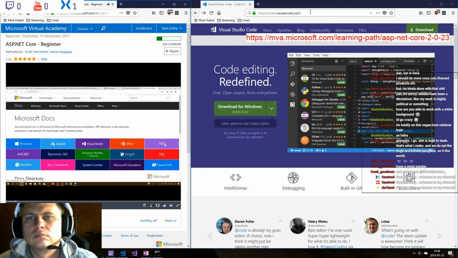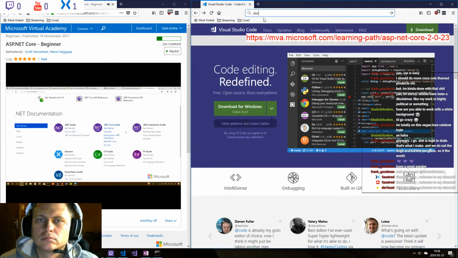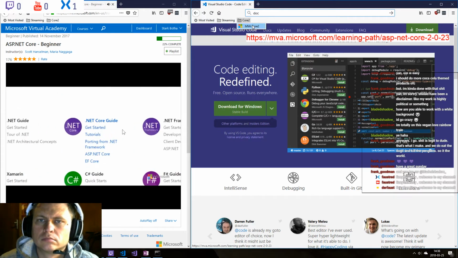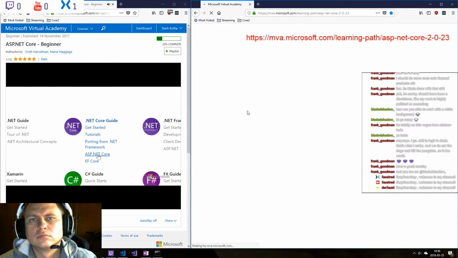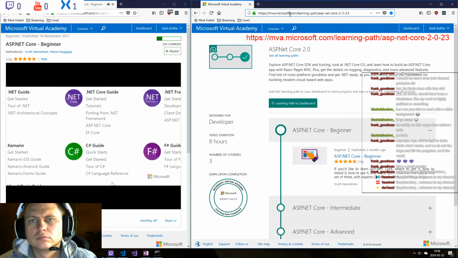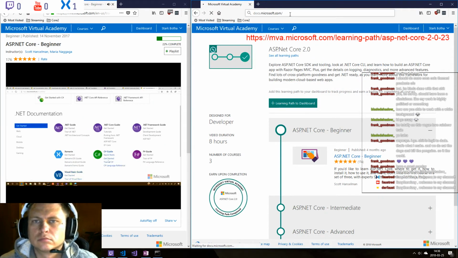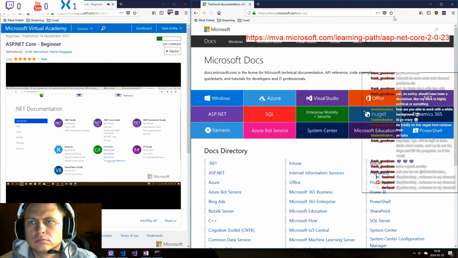If you go to docs.microsoft.com, you can click on .NET, or you can go /.NET. There's a ton of documentation here. There's the .NET Core Guide, which will have tutorials. It'll talk about ASP.NET Core that we're going to talk about as well. And it's worth pointing out the difference between the .NET Core Guide and the language guides. Yeah, and you'll see there are different language guides. We have VB,